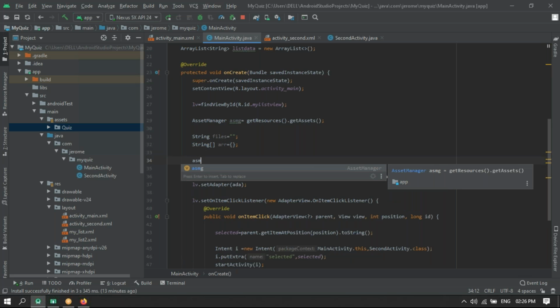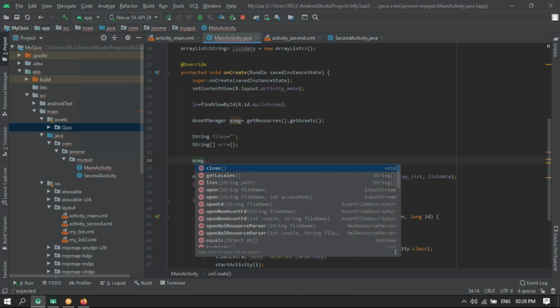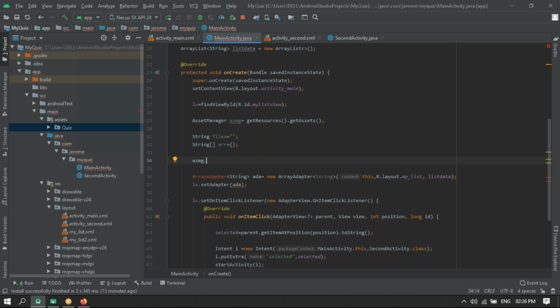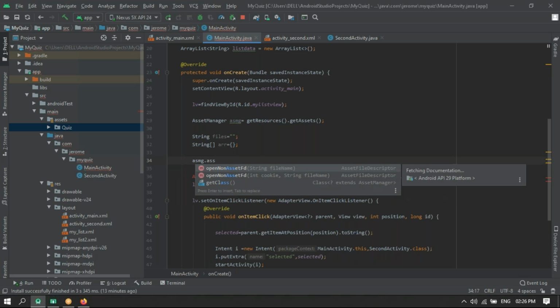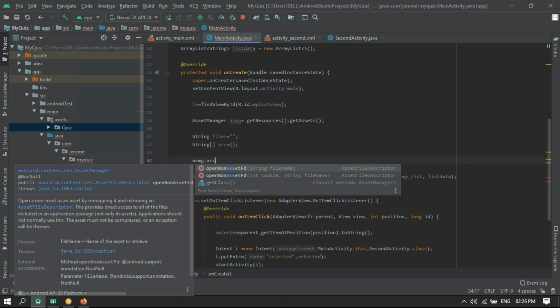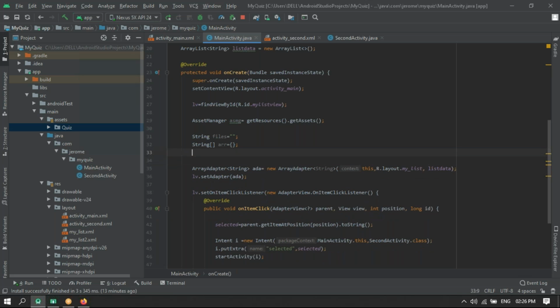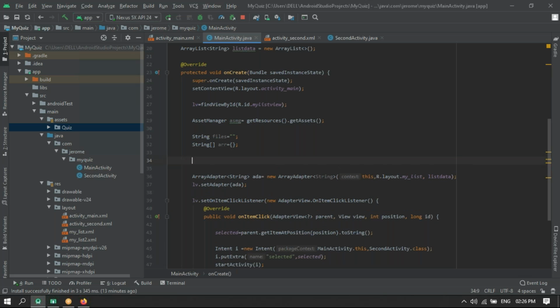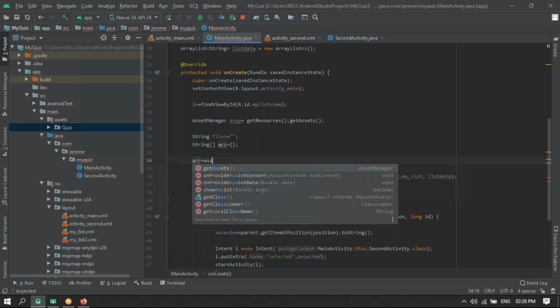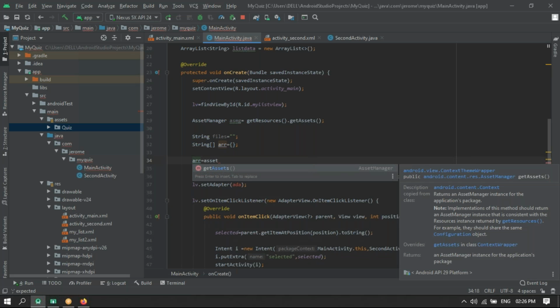So asmg is my variable, the asset manager variable. Asmg dot asset... okay, so we don't want the assets. What we'll do is directly place the files in the array itself. Array equals to set asmg